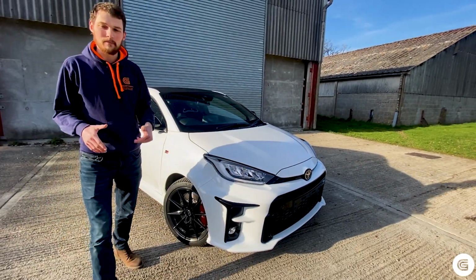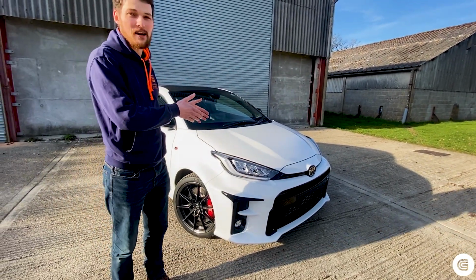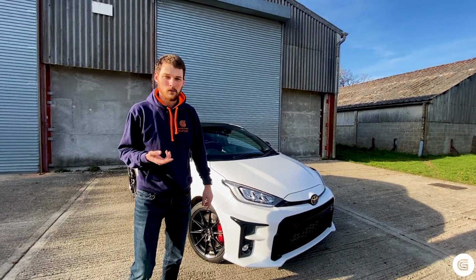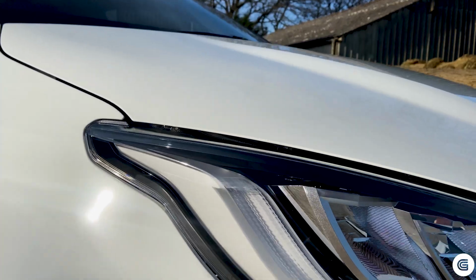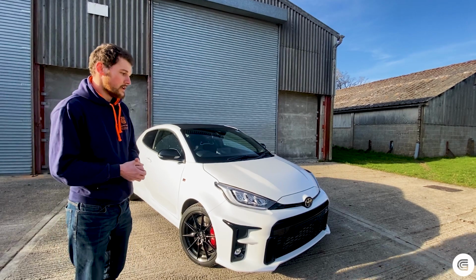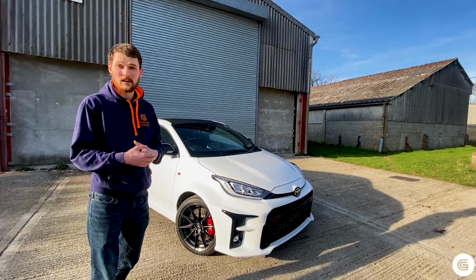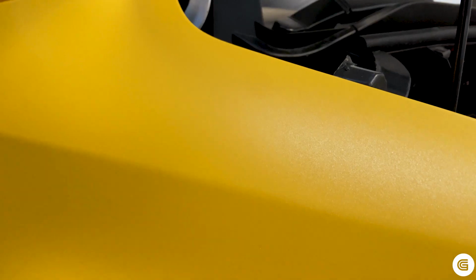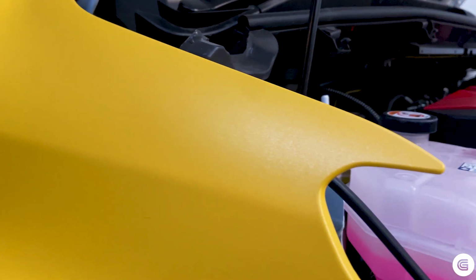Has Toyota made a big mistake in only offering this Yaris GR in just 3 colours, white, red and black? Well, the owner of this one didn't want to, with a standout car like this, blend in with everybody else that has a Yaris GR. He wanted something that was loud and leery, and we've chosen with him a brand new film from Hexis, Glitter